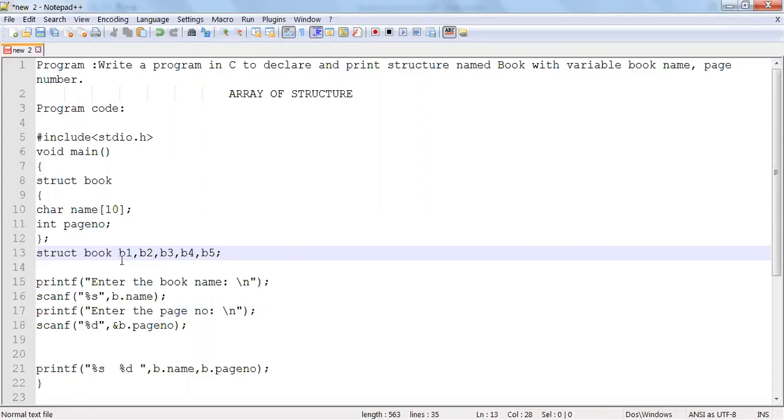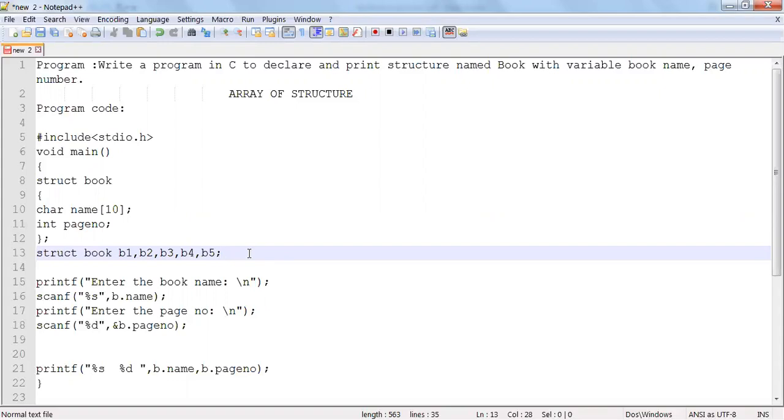I can take the values for b1, that is two values, the name of the book and page number, again the name and page number for b2, and again the same for b3, b4 and b5. But now the case arises, let's say there are 100 books or thousands of books.